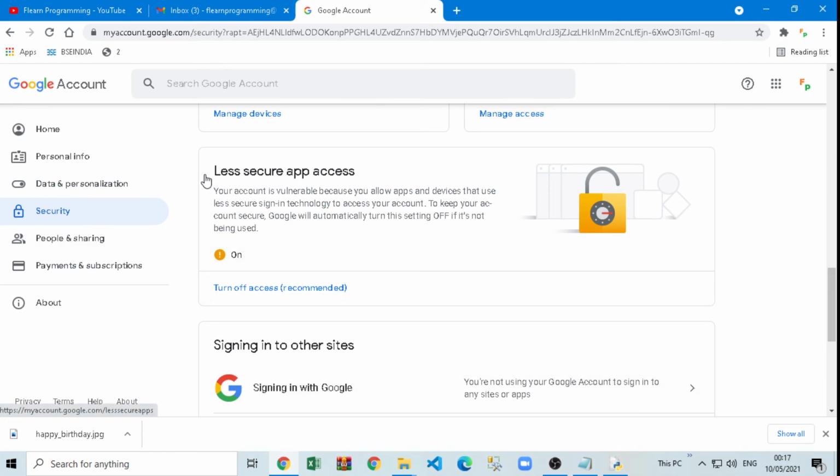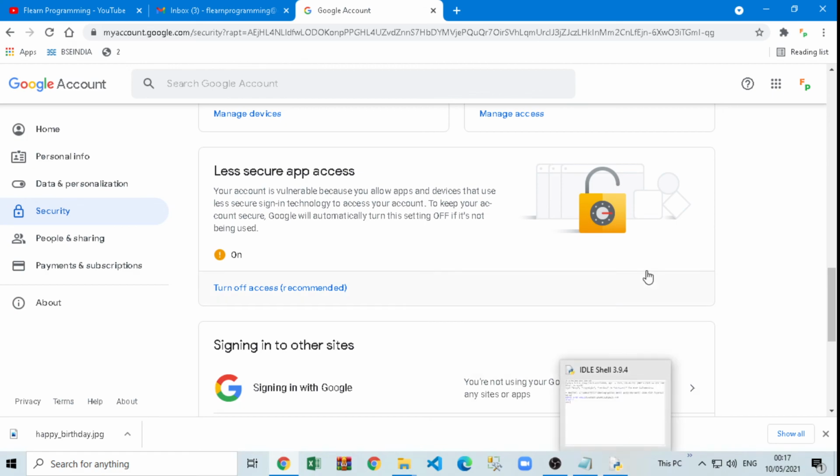Actually, when you are developing a real application, your company gives different codes to send email. Sometimes the company buys a package from other companies to work with the mails, so there we don't have any problems because they are business email accounts. But if you want to use a free email account, your personal email account, then you have to do this. It is compulsory. Okay, so now I am going to stop this video here.